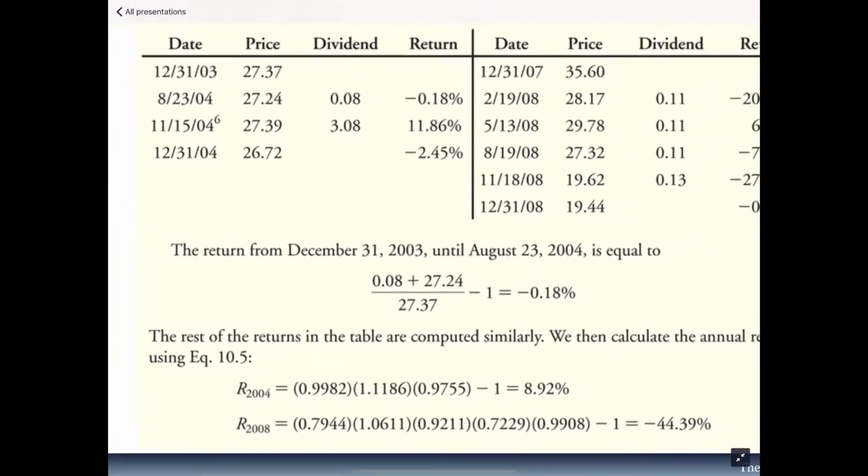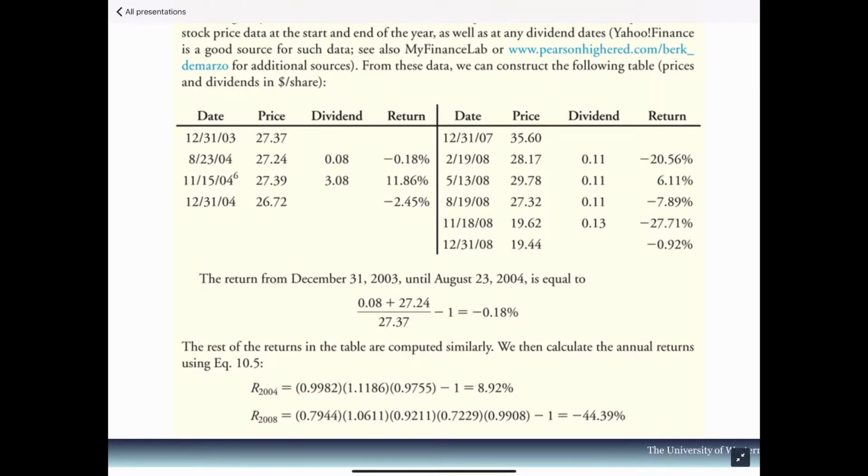So that tells you that the return you get here is 8.92%. So in this case, the assumption of dividend reinvestment is to say, okay, I know you get paid dividend, but if I want to calculate the return for the whole year, it's a lot easier for me to assume that when you get paid dividend, we reinvest in the share such that I will be able to calculate the return for the whole year. So for 2004, 8.92%. 2008 is minus